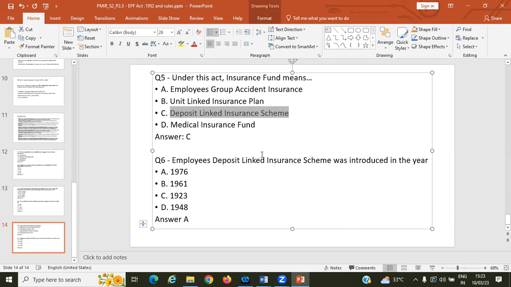Another question is when this linked insurance scheme came. 1976. This insurance scheme came in 1976, and that is part of the PF Act. PF Act is 1952. In the exam, these types of questions will come, and from descriptive questions, whatever you study about the benefits,